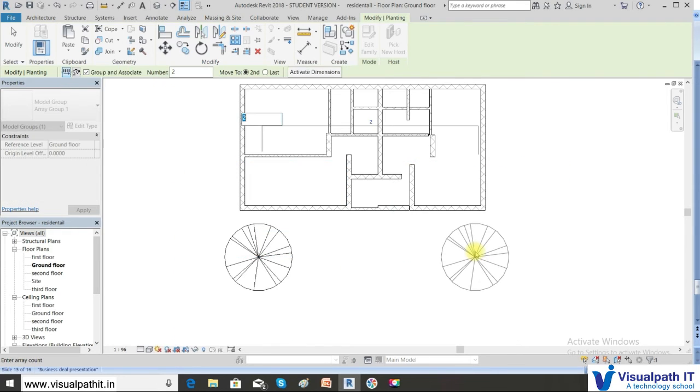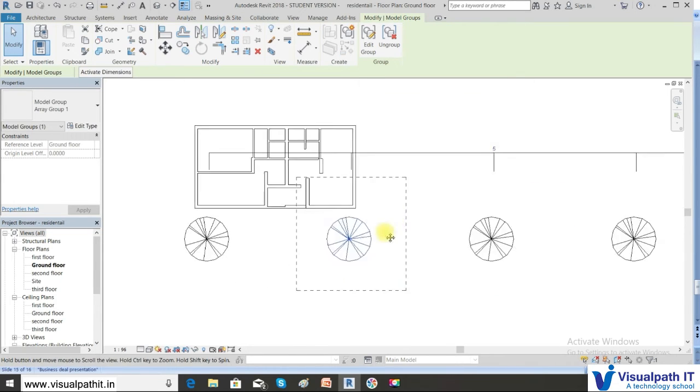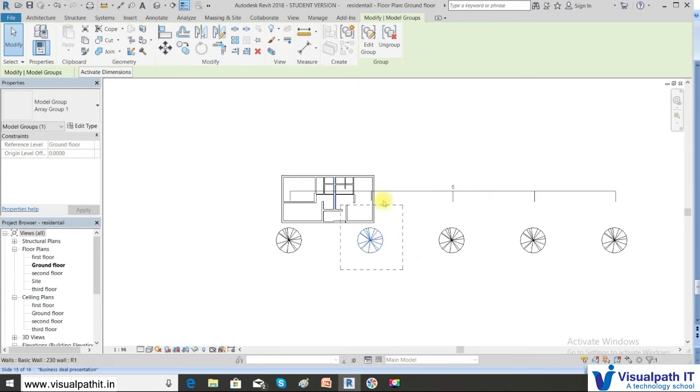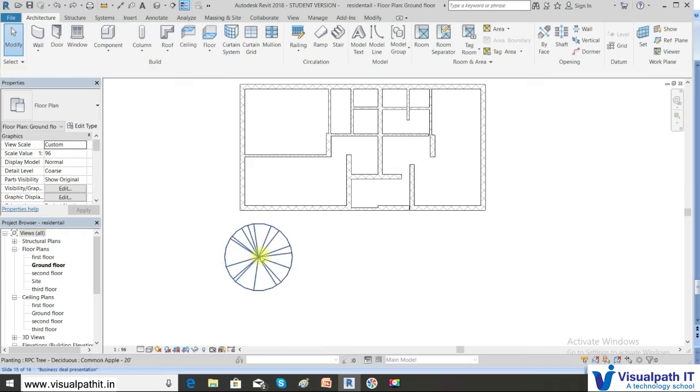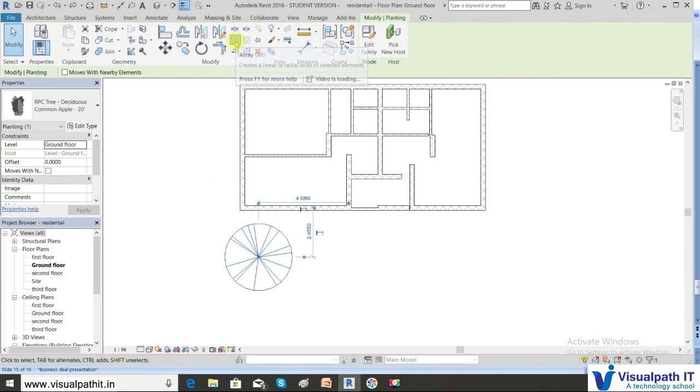So when I click this, it's asking me numbers. I will say the number 5. So automatically that distance will be taken as a reference and 5 objects will be created. You understood? Now the total distance would be 11 into 5. So I have specified this in first and the second option. So that is called move to second. If I specify, select it, click array.